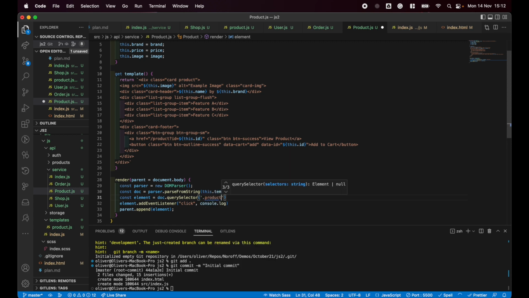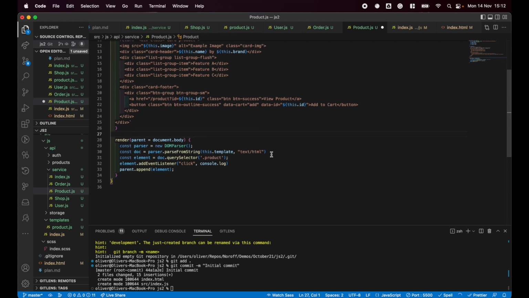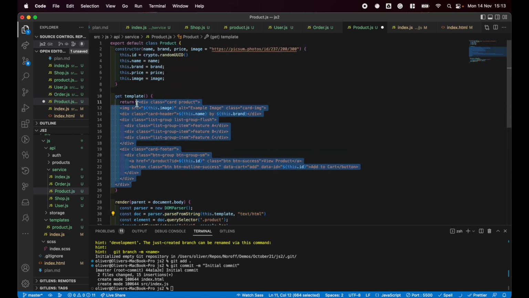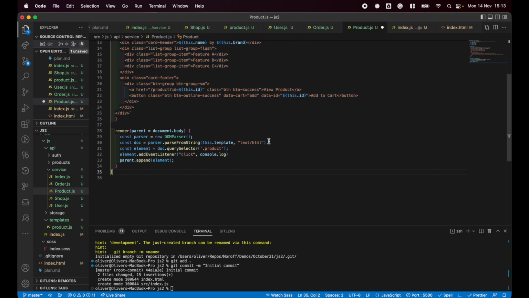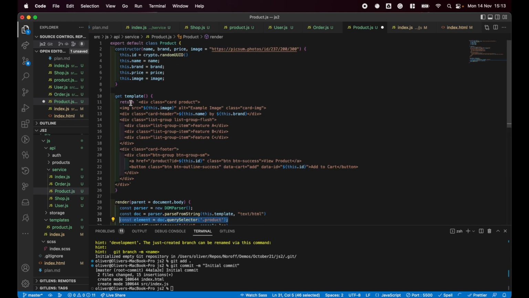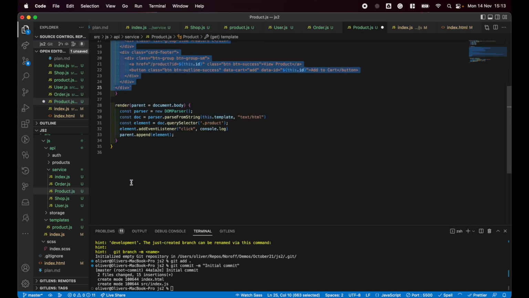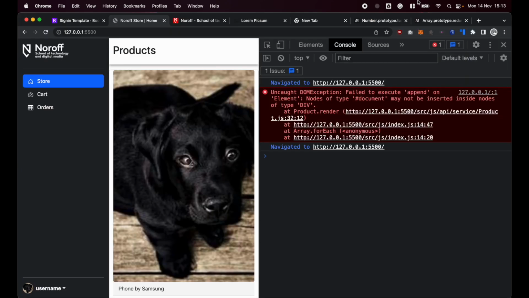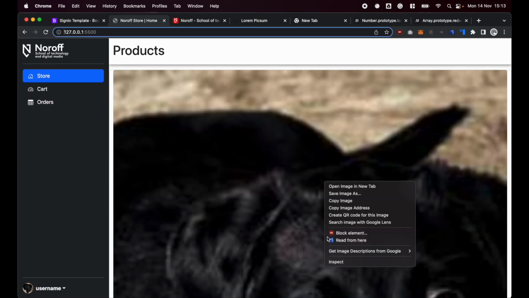So effectively this is like a whole HTML file, but it only contains this. And I'm not trying to insert the whole file because you can't have two files inside one another. So I'm just grabbing the product out and using that instead. And there we go. There's our